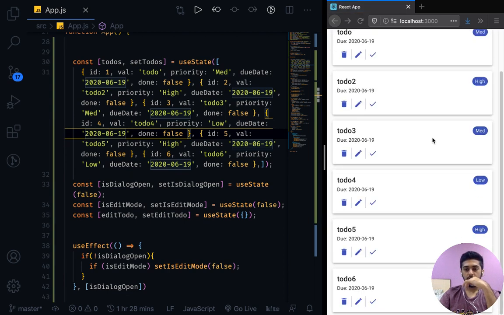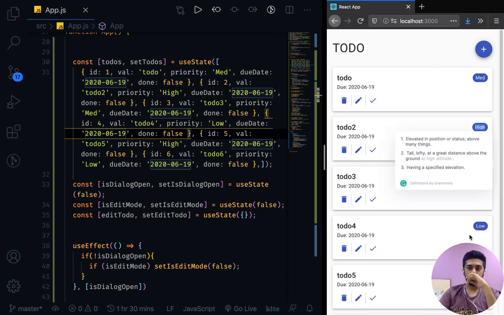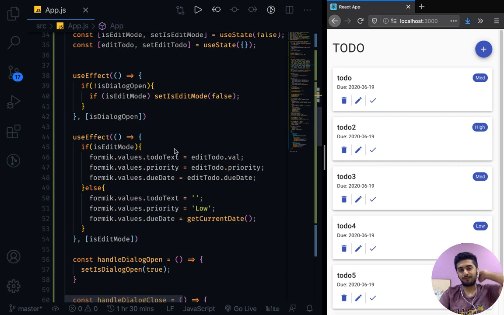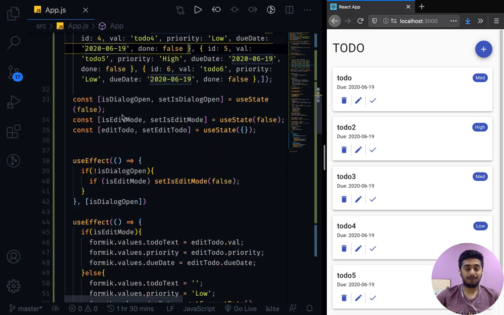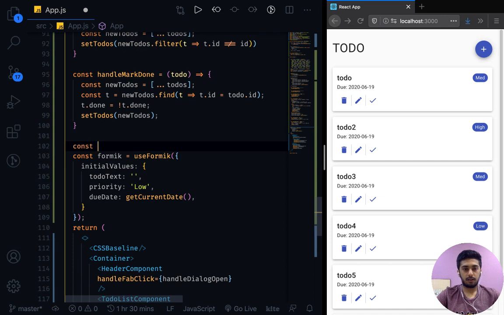Yeah, so now we have 6 to-dos, and I want to make sure if we click on one of the chips, it gives us the right thing, basically only the to-dos that have that. Okay, so now for this I'm going to have to do some thinking. First of all, we'll have to say const handlePriorityClick,